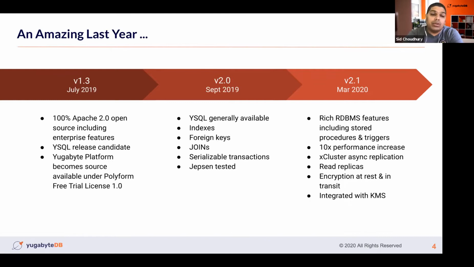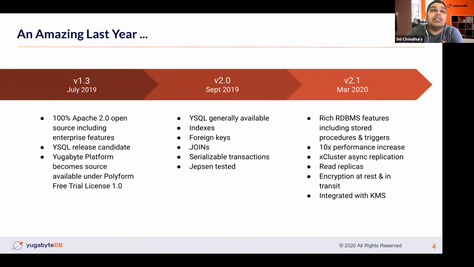And that's when we took a bold stance, against almost every database vendor in the market at that time: we made every feature of the database, including the things that we'll talk about, distributed backups, encryption at rest, change data capture, everything that typically vendors try to upsell you, open source under the Apache 2.0 license, so no barriers for you to adopt them. We also had our release candidate for our SQL API.